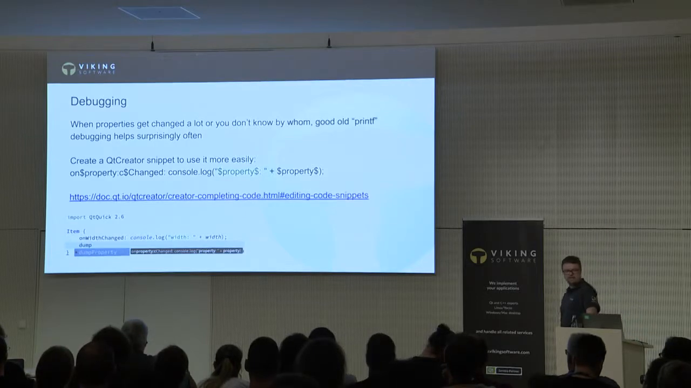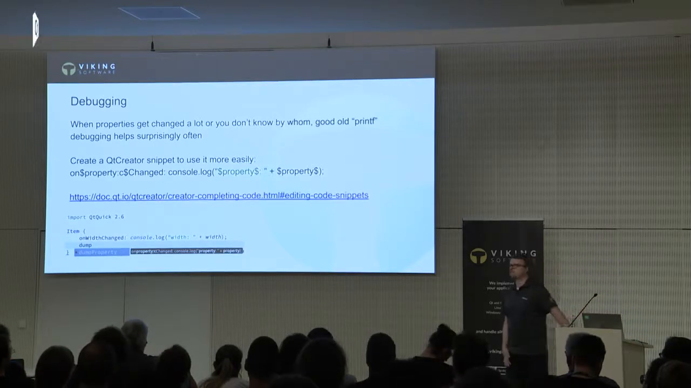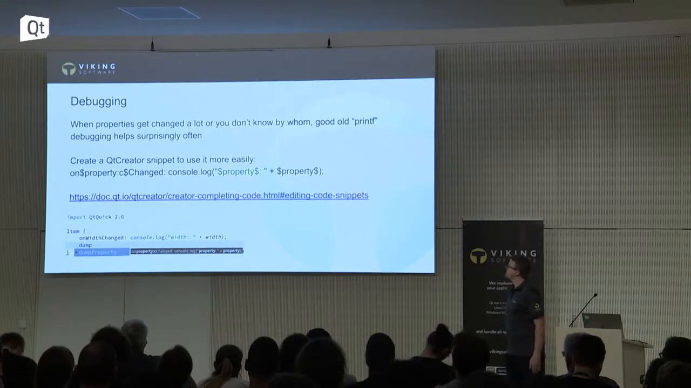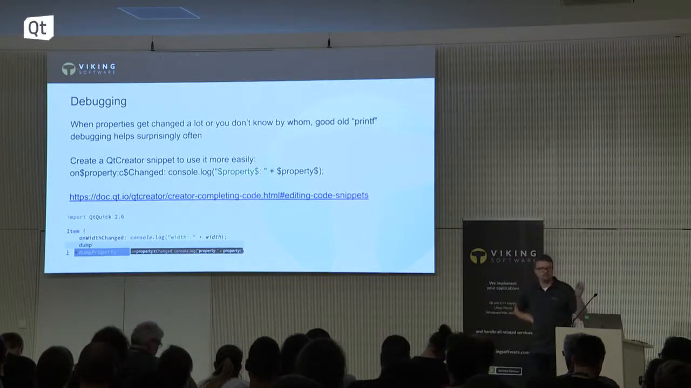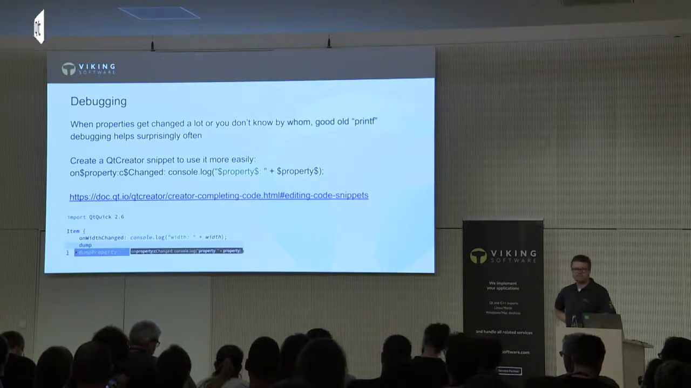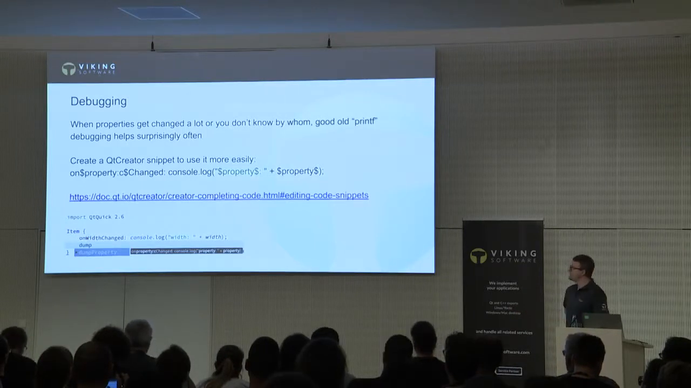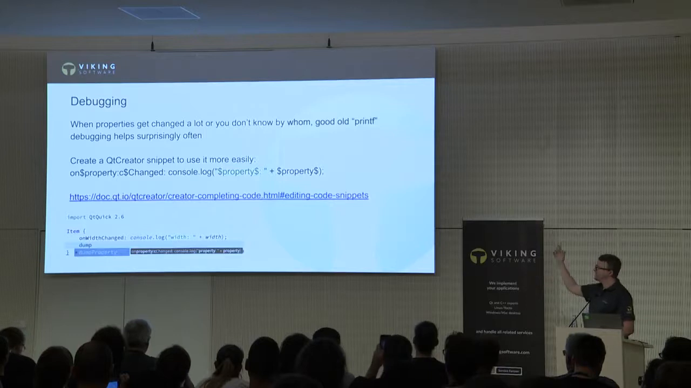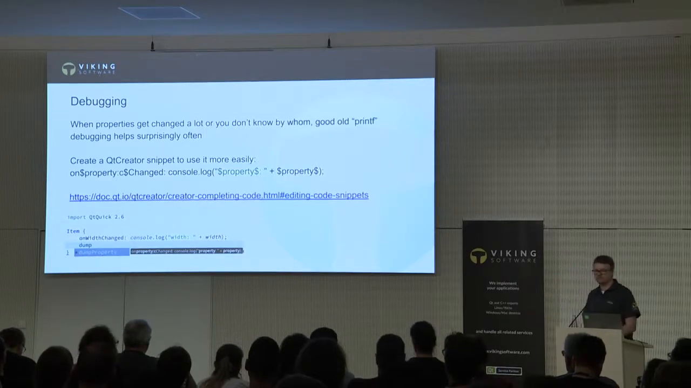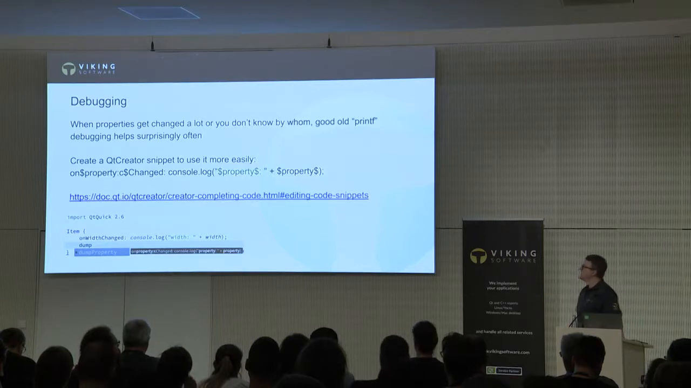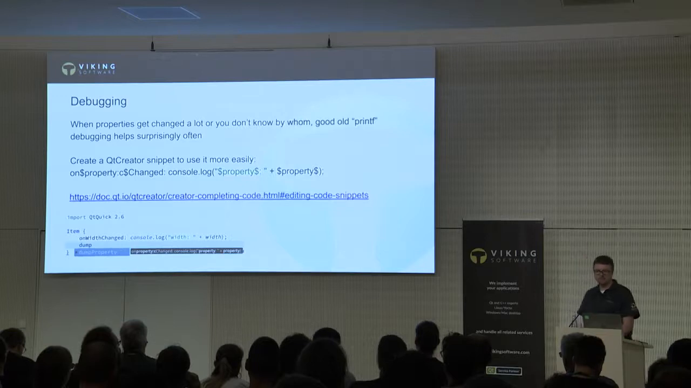Debugging, the not so fun part in QML. I guess you've been there. What I do quite often is that I use printf debugging, more or less. Printf debugging in the form of on with changed, then console log, and then I'm printing the property. As I do this quite often, and I'm a lazy person,